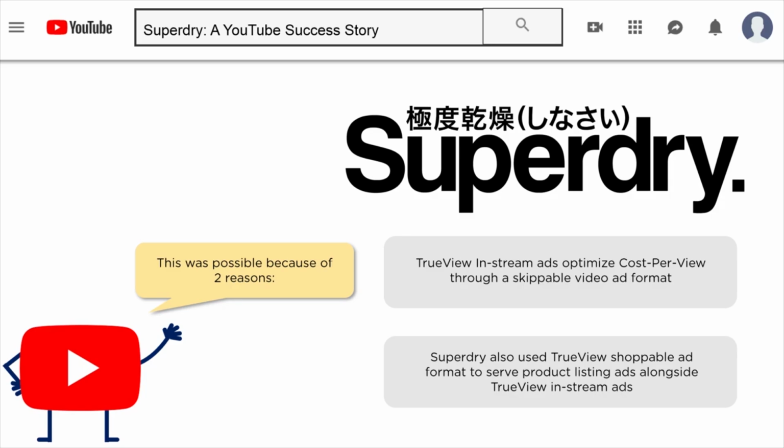In terms of who they were trying to target, the length of the ad, and given that they're selling a product or promoting a product, they will take advantage of the TrueView shoppable ad format, which basically lists your products alongside the actual video ad. And so this is just a good case study. Superdry will probably do this again based on the numbers that they're reporting. And so basically that's the power of YouTube. Getting out in front of your audience with a really good video ad, targeting an audience, taking advantage of different